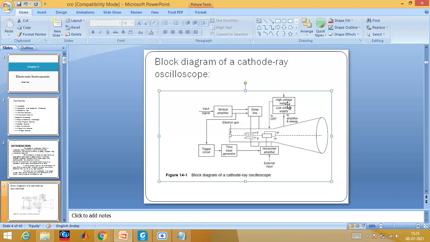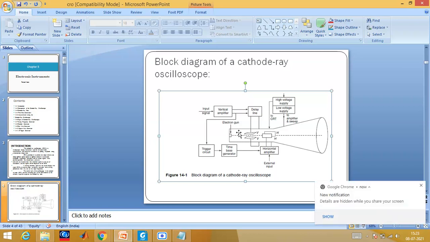We also have two important parts, a high voltage supply and a low voltage supply. This is connected to the gun type structure you see, which is called the CRT. I don't know in your generation, have you seen that old television where the back side of your TV or computer screen is bulging type, right? If you come to my lab, you can see one monitor placed there, which is not slim, which is of an old model. If you open that monitor, you can also see the CRT.